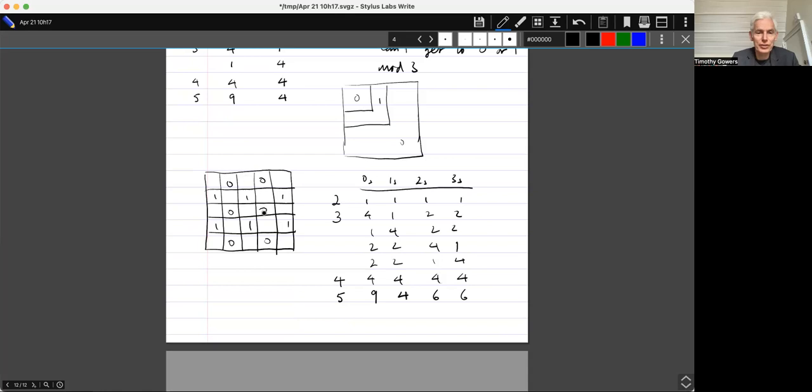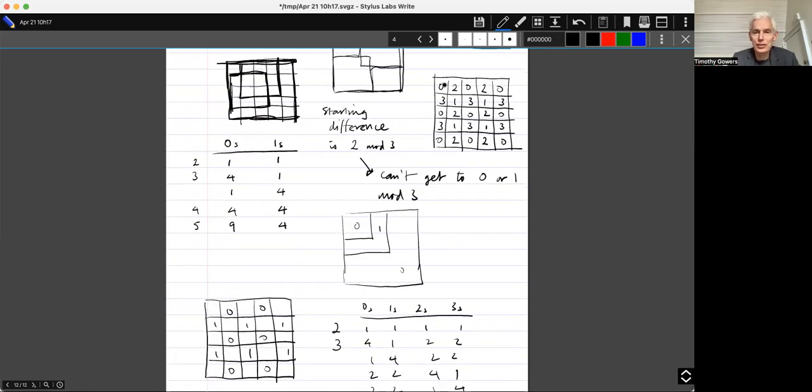Because if I did that, then the difference between the number of noughts covered and the number of ones covered would be 1, which is not 0 mod 3, and there's just nothing I can do to change it mod 3. So if I call the ones covered by noughts and ones in this diagram the black squares, could it be that any black square can be done? I know that the center square can be done.